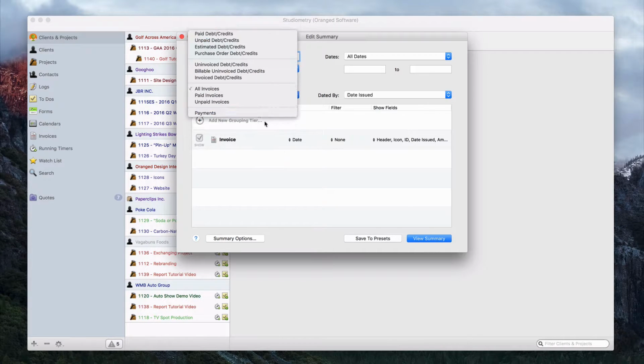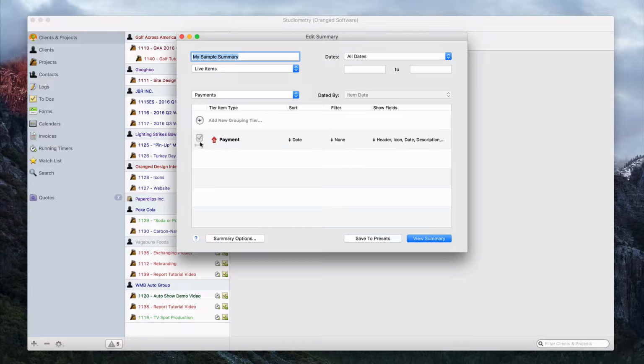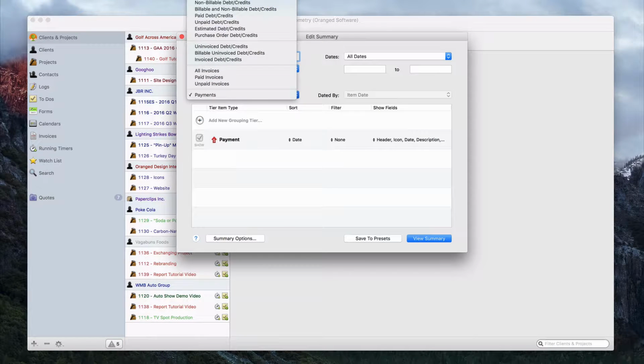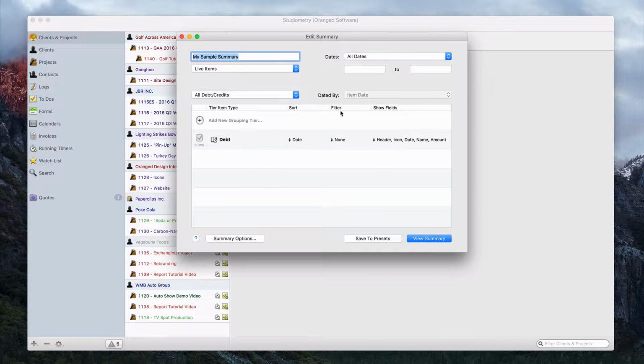And if we changed it to payments, it would change to payment here. So basically, whatever we select from this list is what the summary will have as the main item that will be displayed. So now with these settings here, if we were to click View Summary, Studiometry would produce a summary